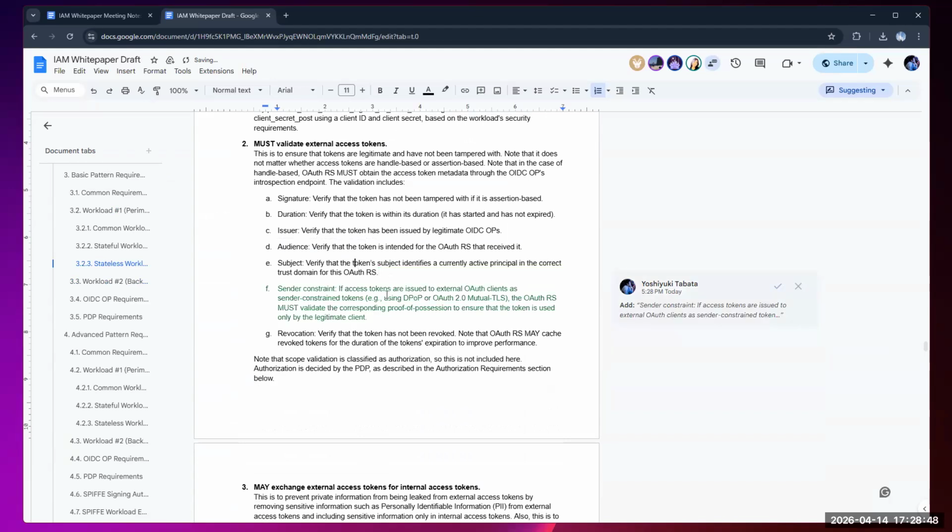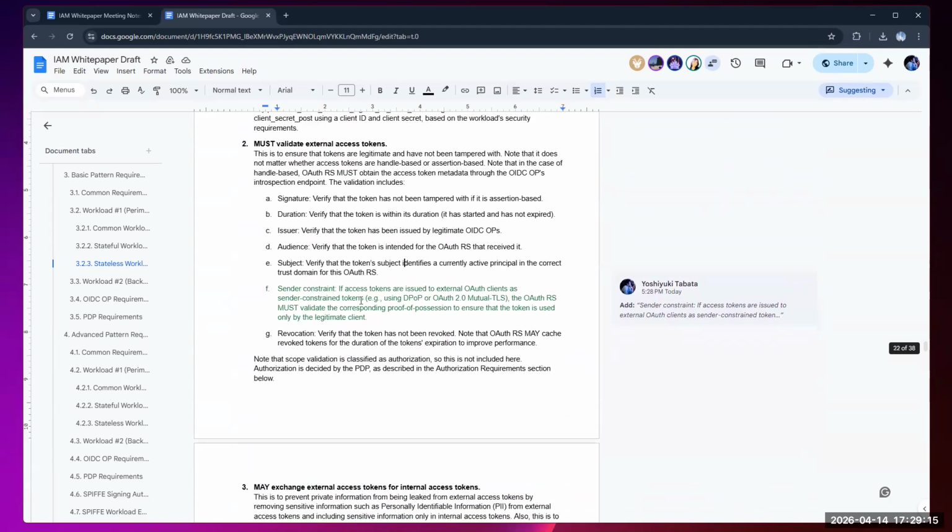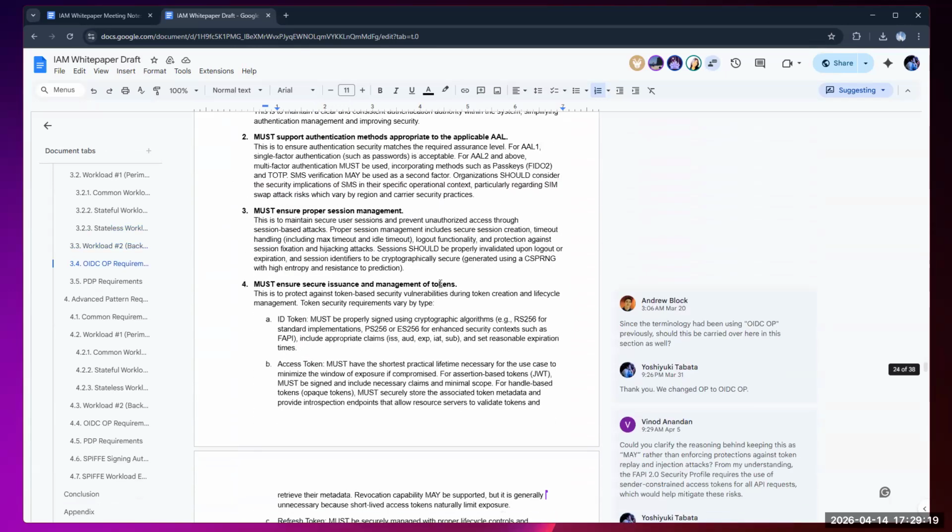Like this: sender constraint. If access tokens are issued to external OAuth clients as sender-constrained tokens, for example using DPoP or OAuth mutual TLS, the workloads must validate the corresponding proof of possession to ensure that the token is used only by the legitimate client. I'd like to suggest this kind of change,